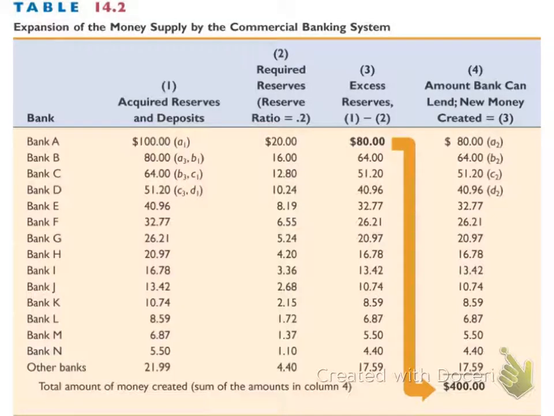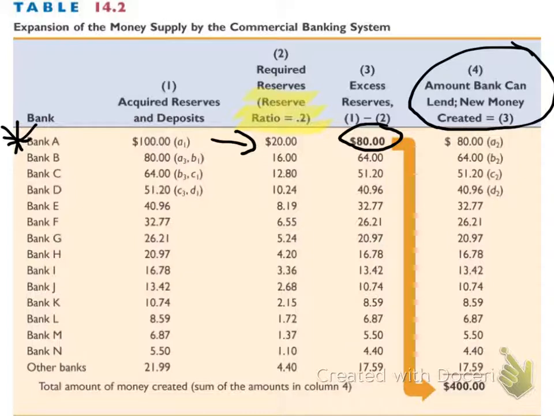Let's imagine a new scenario where you can now see the reserve rate has changed to 20%. Okay, the reserve rate is 20%, which means let's say I go and deposit $100 in bank A. They now have to keep $20, and their excess reserves, the difference between the deposit and what they have to keep, what they can lend out, is 80. And when they lend out the 80, you can see over here in this column, that is new money created. So that $80 is now freed up to do work in the economy.